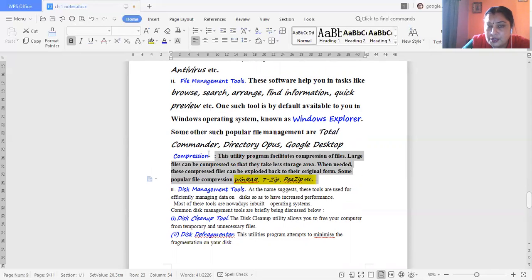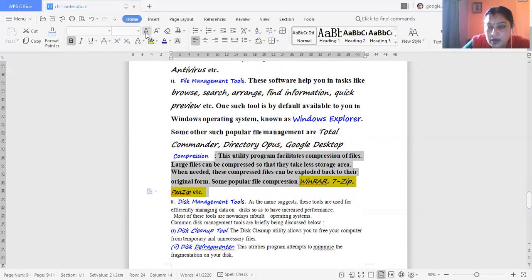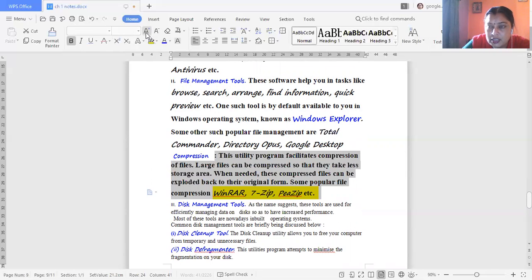Compression utility is used to compress large files to store them in less memory area. Examples of compression utility software are WinRAR, WinZip, etc.